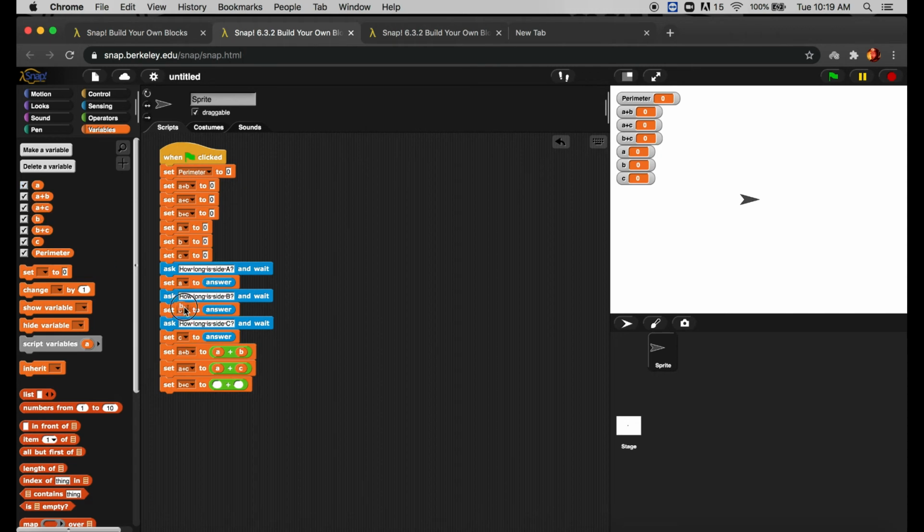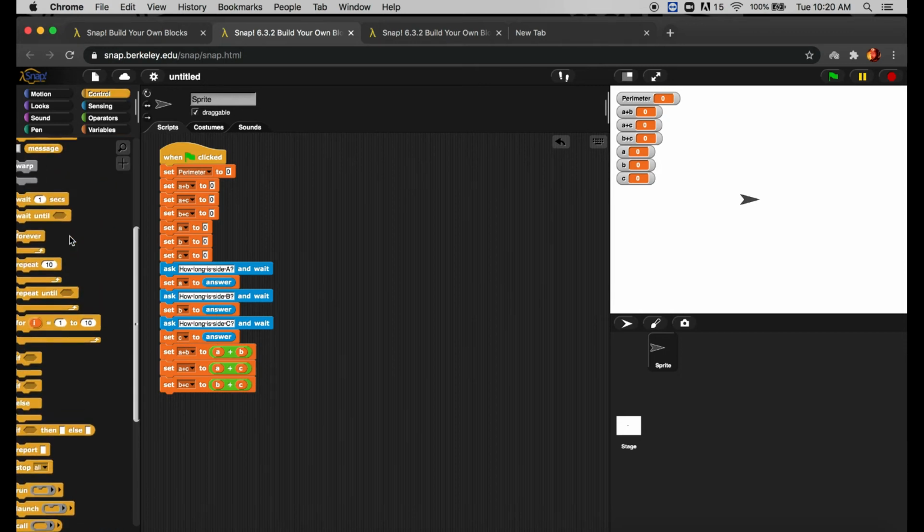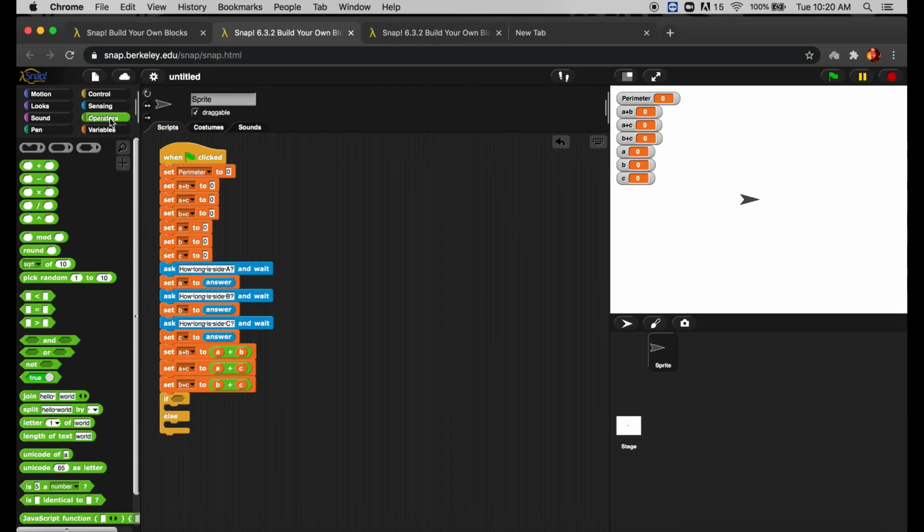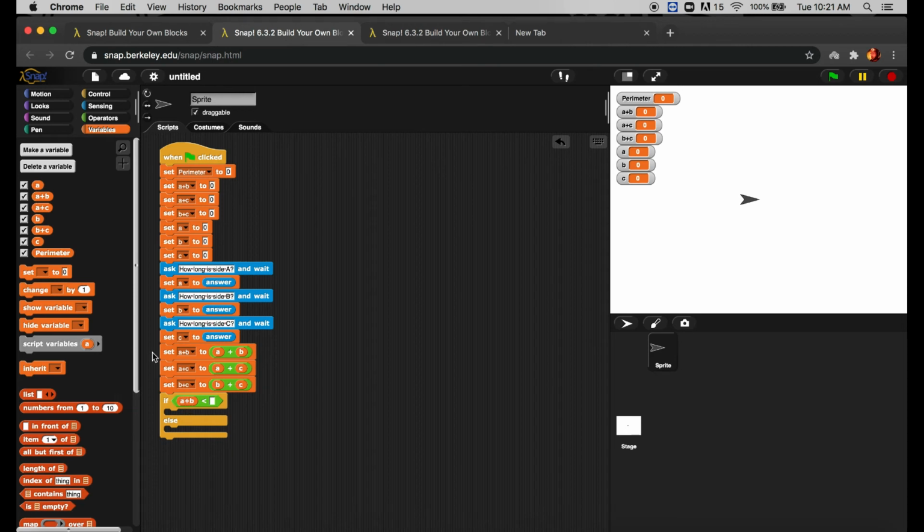And B and C. Next, we need to go back to Control and bring out an if-else. And now we need to check and see if we can even create a triangle with the numbers that were given to us. So I'll bring out my less than operator, and I'll simply say that if A plus B is less than C,